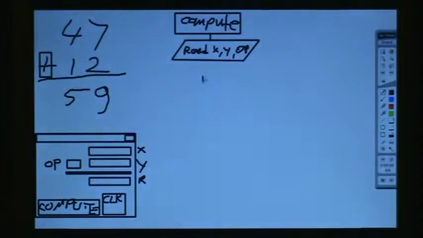So maybe the first question we're going to ask is we're going to say, is op plus? Okay. And we'll do a diamond shape. Diamond shapes mean we're asking a question, the answer to which will determine which way we go next. Okay? And if the answer is yes,